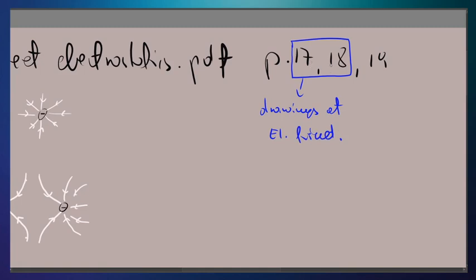Right, so do pages 17 and 18, and then don't do page 19 yet. Now you have the answer key too. So do these pages 17 and 18 first, and then once you're done with that, you can check